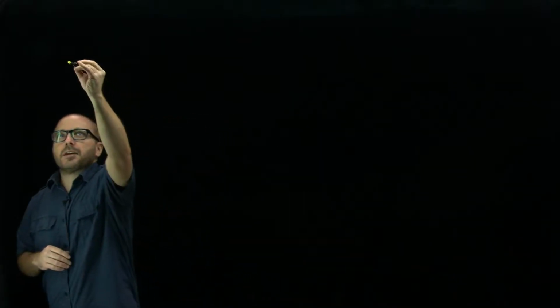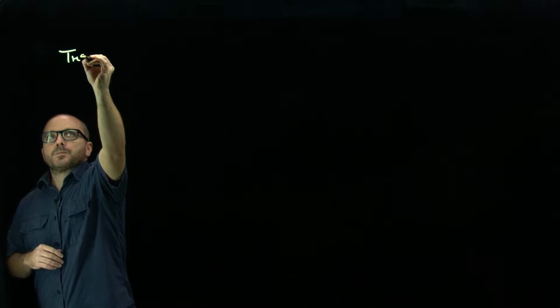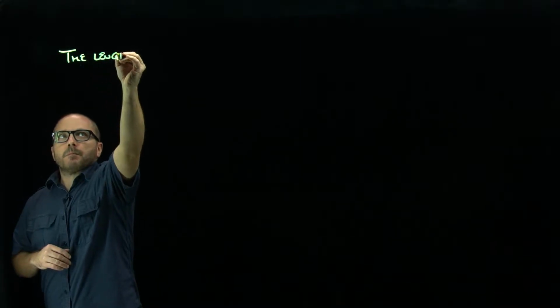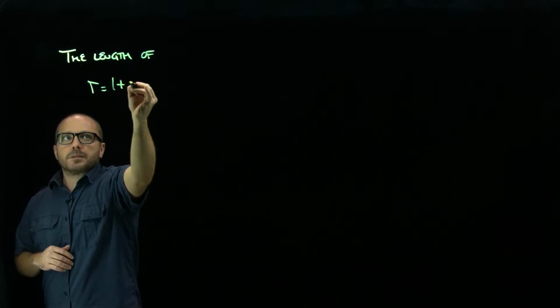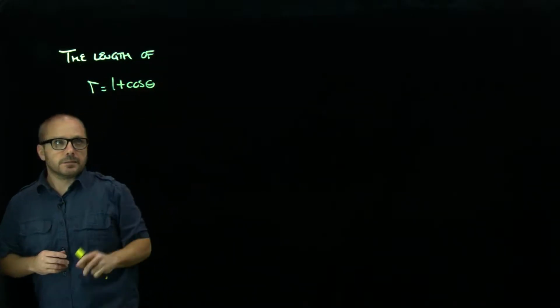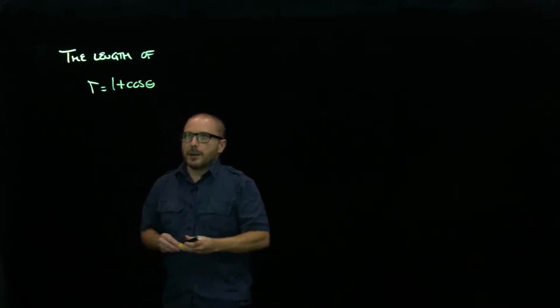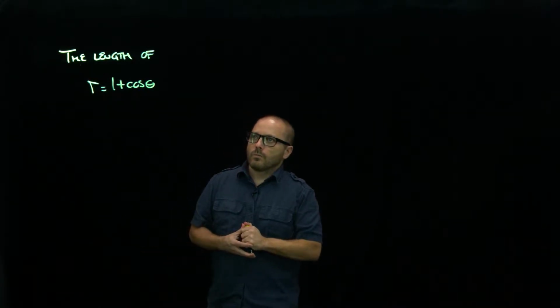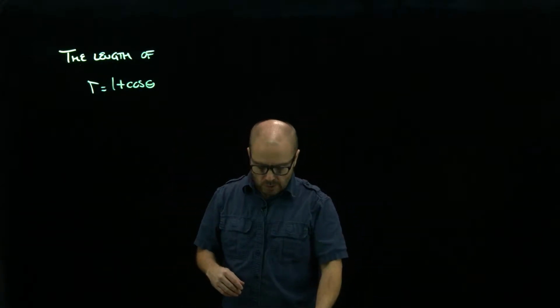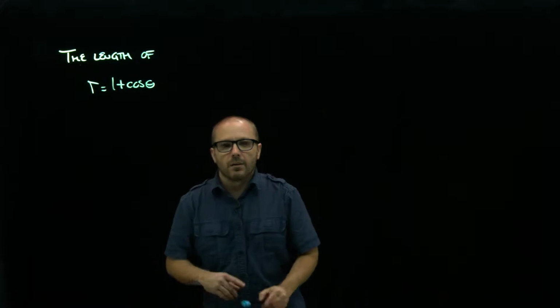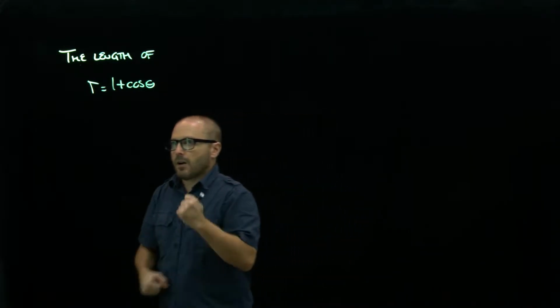So now let's look at an example of finding the length of a polar function. Let's find the length of the cardioid, r equals 1 plus cosine theta. First of all, we have to understand what our limits of integration are. We weren't explicitly told what they were, but we know that the cardioid, recall,